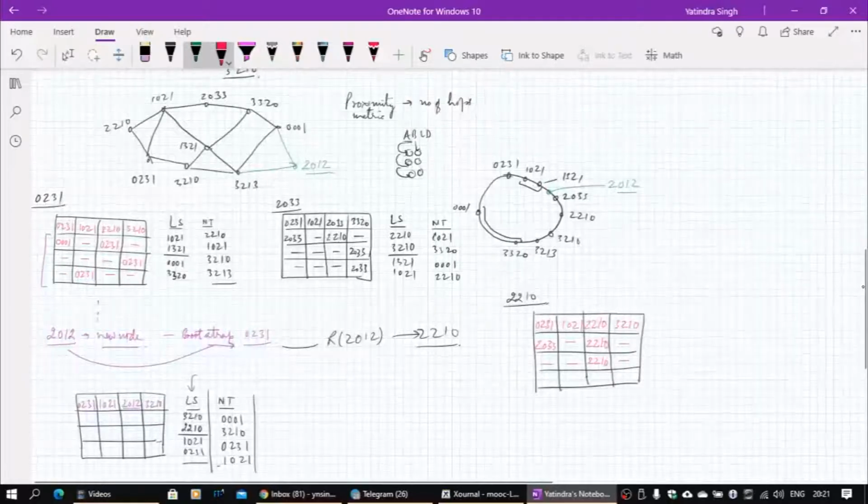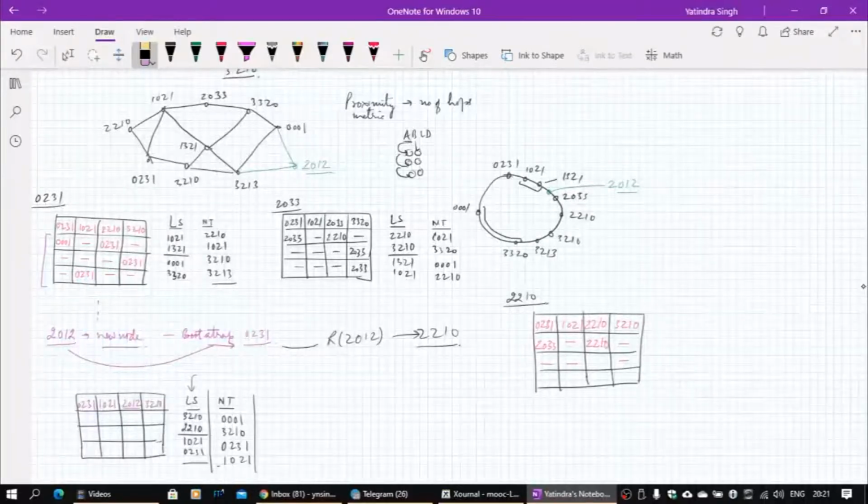Sorry, this has to be changed slightly. It is at the wrong place. Okay, 2022 will come here. Okay, this is 220, 221. This has to be here. Sorry. And this has to be 2210. So this will be the routing table for 2210.